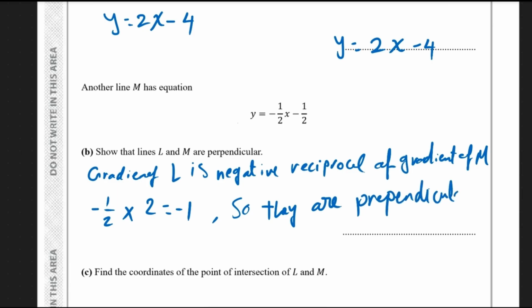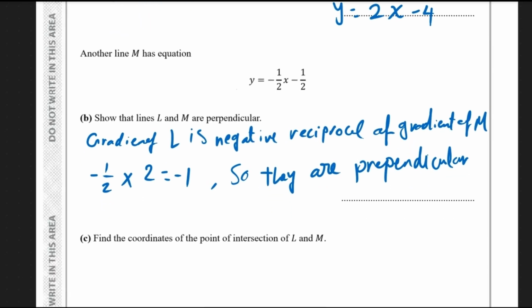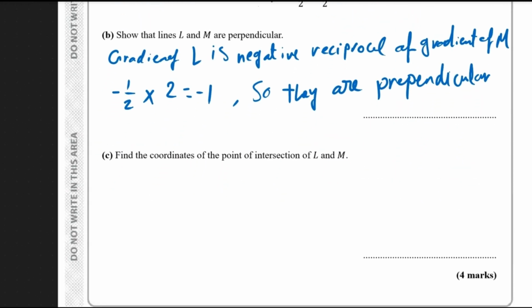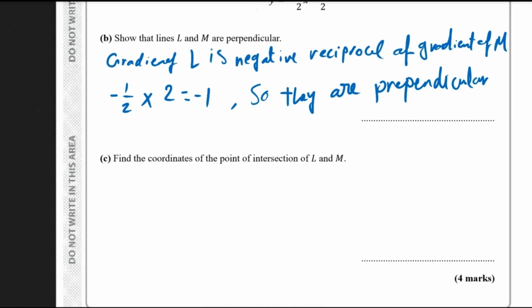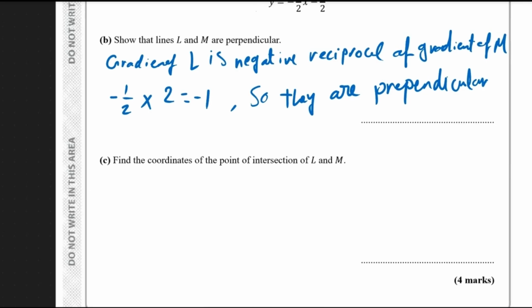So now we fulfill the exact answer required from the mark scheme. Now move to the last part here. Find the coordinates of the points of intersection of L and M. If two lines meet at a point, at this point the equations of the two lines are equal to each other. And now we know the equation of